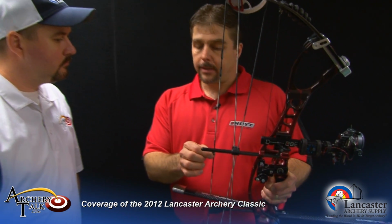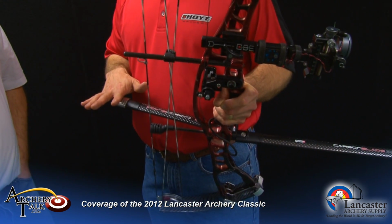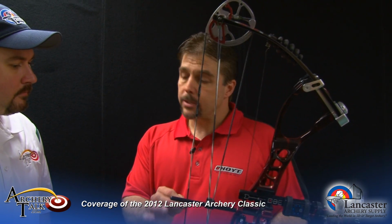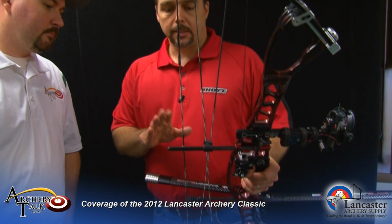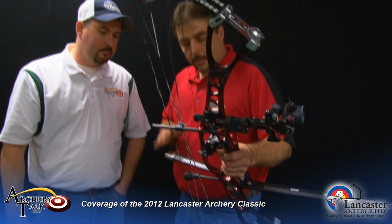And I mean, there are some other things you do. Now, I do like to find a sweet spot with my loop on the string before I get too serious about this. Okay. And I'll throw on a basic stabilizer setup. Find my sweet spot here, because I think you're customizing the bow to the way you're holding it, the way you're seating your hand in the grip. With the turn of your knot changing position, you're changing the tiller without actually changing the limb pressures. Exactly. Okay. Yeah. Right. So, once I get that, the up and down straightened out,